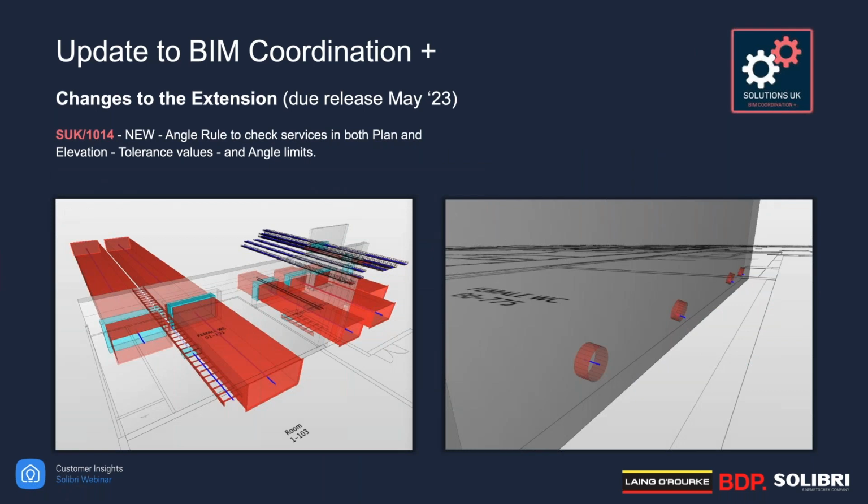So moving on, we've also created a new rule which allows you to check that surfaces are perpendicular to walls of fire seals in both plan and elevation. So that's the first thing. You can see on the screen there where we have our services that we're integrating with, it automatically found those center lines and worked out the angles of each of the services as they pass through the compartmentation. And on the right hand side, we can see some examples of some soil pipes basically that are going through